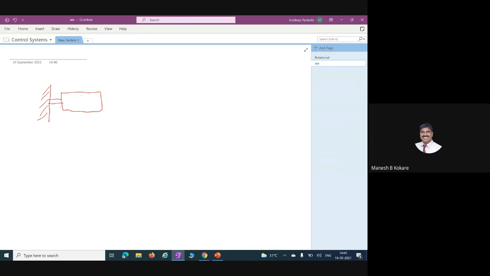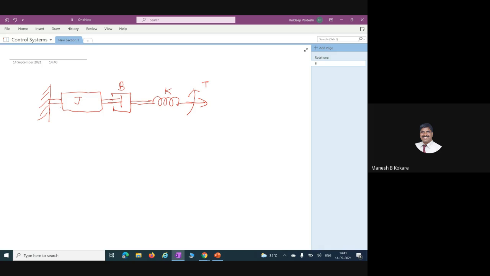Or instead of the damper I'll use this moment of inertia term J, and then the other end of this is connected to the rotational damper. I'll consider this as B. Then one end of this is connected to the rotational spring. And then this torque is applied on this one. So this is the applied torque. And for example, this is having coefficient equal to K.